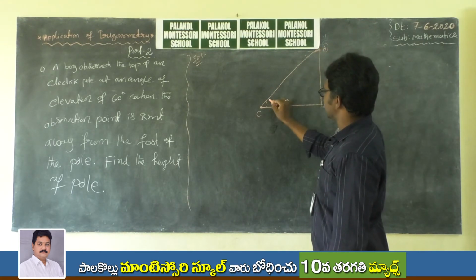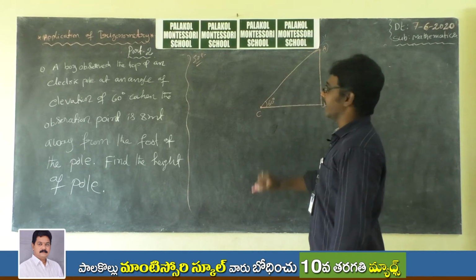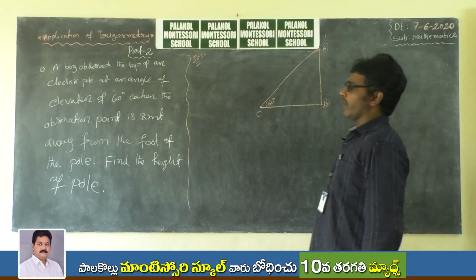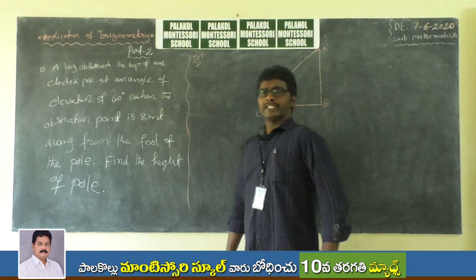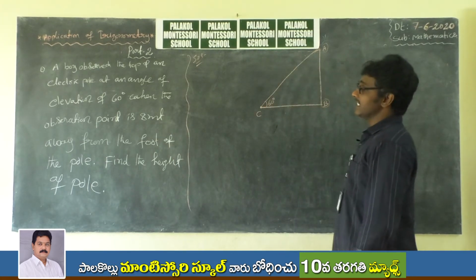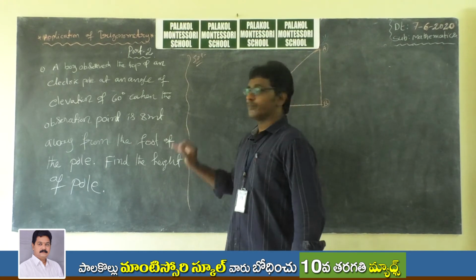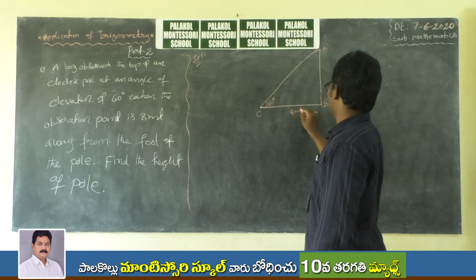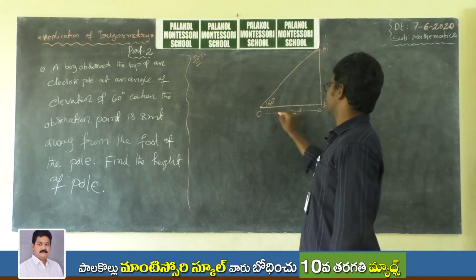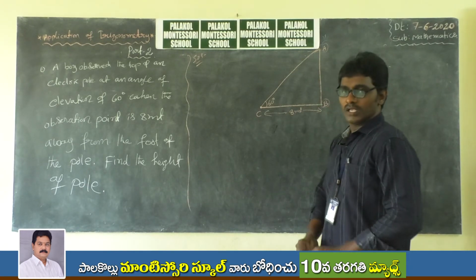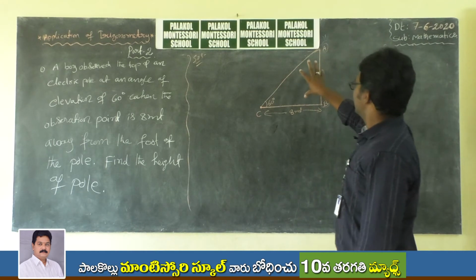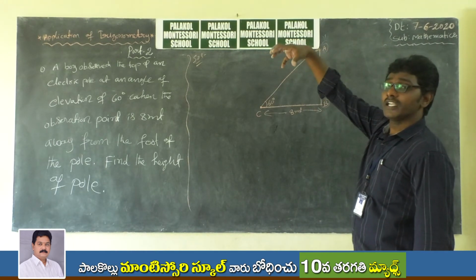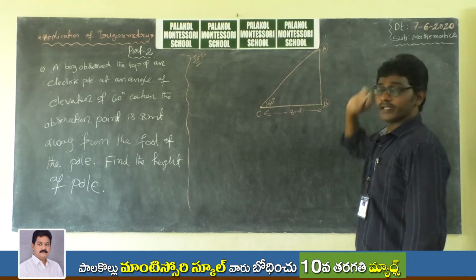So that is 60 degrees. It's like that angle of elevation. And one more point is there. That point is here, a distance away from the foot of the pole, that is 8 meters. That means given this one. So the first point, neatly draw the right angle triangle, and the given data is represented in this diagram.